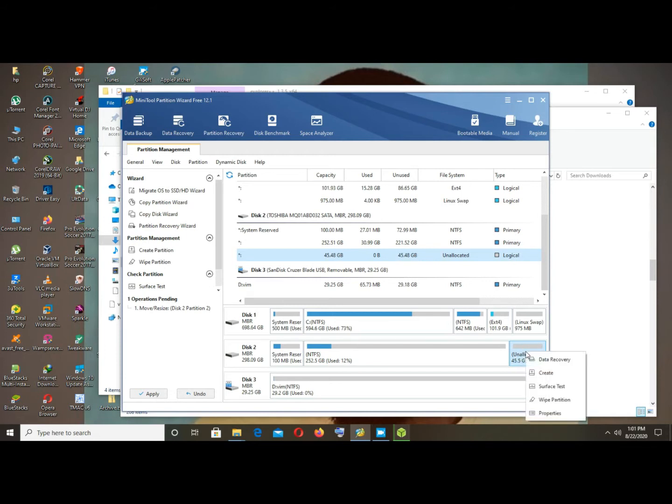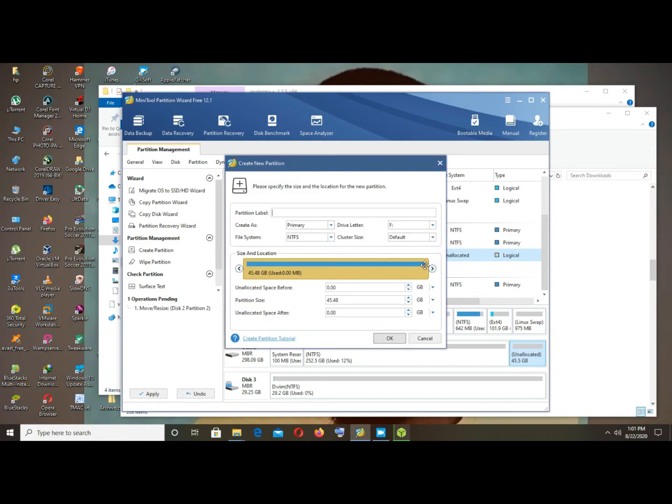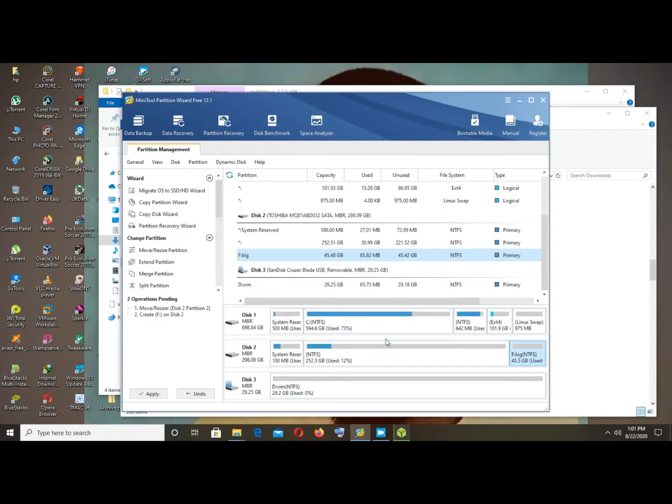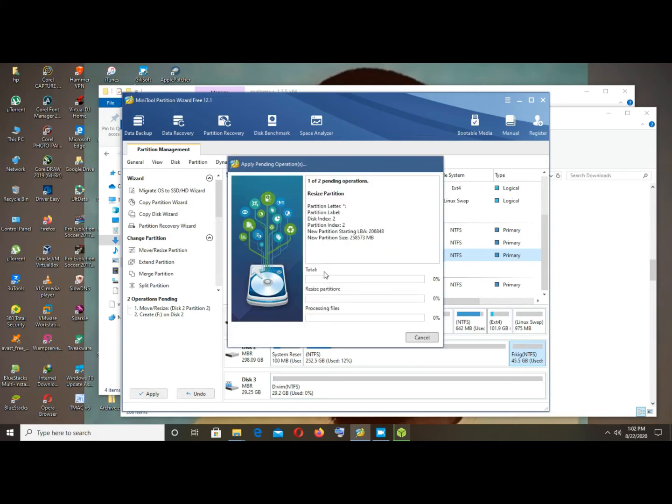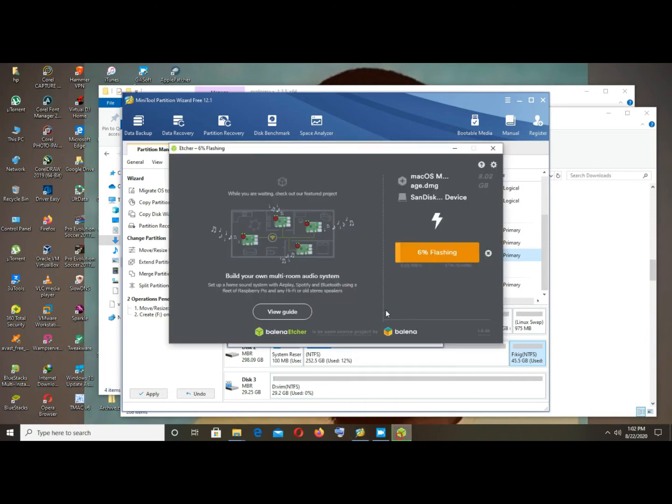So all you have to do now again is right click on create. Now you're going to name it anything you want. For the sake of this tutorial, I'm going to name it KIG. Then after that you click on OK. As you can see, guys, it's already there. Now you click on apply, then click on yes, guys. Then you start doing. As you can see, guys, our